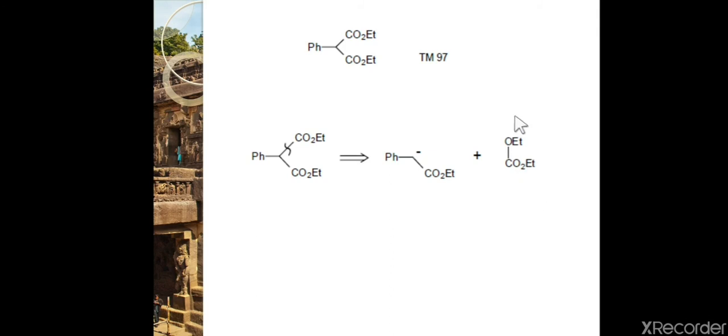Okay, this is very simple. What do we need to do? Don't forget what we learned. For a 1,3-dicarbonyl compound, we need to disconnect a bond which is near a carbonyl. Either you can disconnect over here or over here. If we disconnect like this, we again get this ethyl ester of phenylacetic acid and diethyl carbonate as the reagent. These two are very commonly available reagents in organic chemistry.